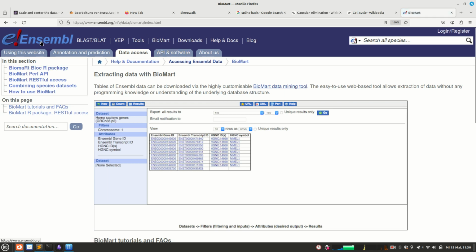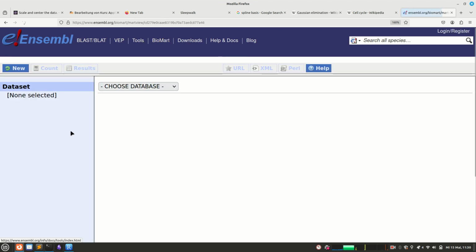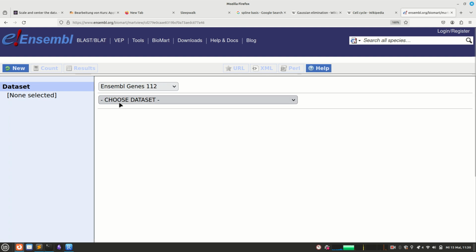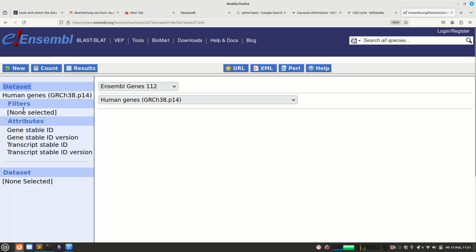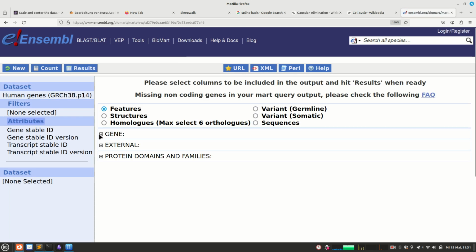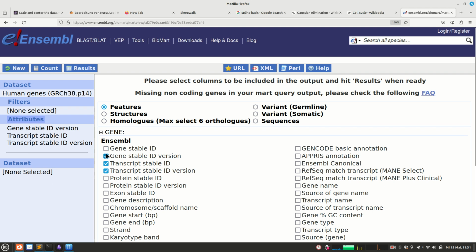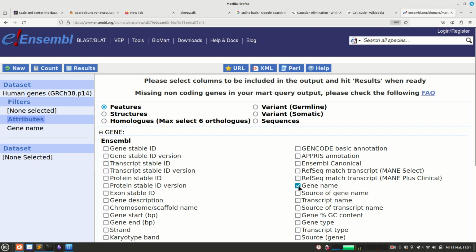There is this big database, the Ensembl dataset, produced by the EMBL, which you might know is the big institute up there on the hill. But this is actually not produced by the EMBL here in Heidelberg, but by their bioinformatics outstation in Cambridge, which contains all kinds of information about genes. And we want here BioMart, which is the database access. And I say, I want the gene database. I want the human genes. And then in the human genes, for each gene, I want to make a table which contains the name of this gene and